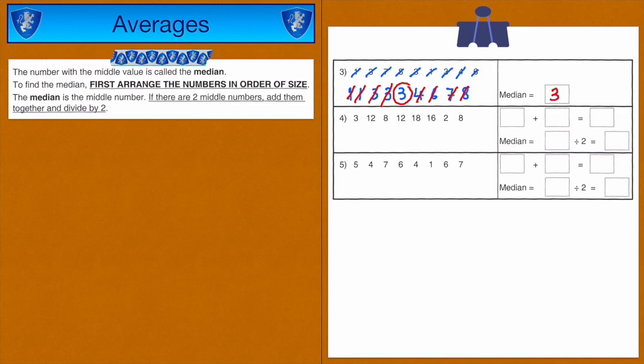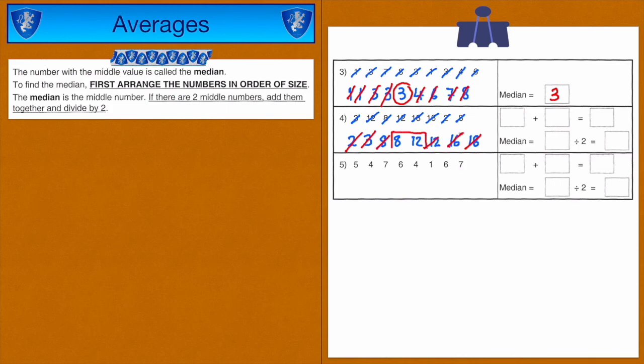So that was simple. Right, let's try the next one. So we've got 2, then we've got 3, then we've got 2 8s, and we've got 2 12s, 16, and we've got 18. So we're going to try and find the middle, so we cross off the ends. So we cross off 2 and 18, we cross off 3 and 16, we cross off 8 and 12, but